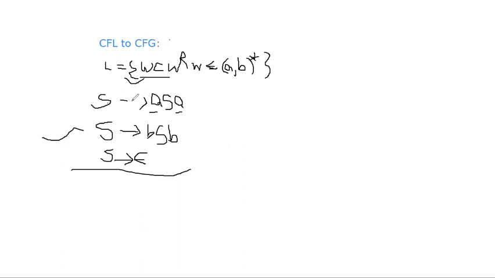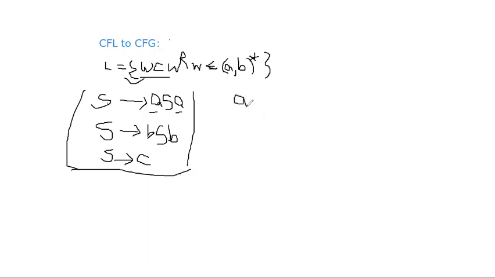So S implies ASA, S implies BSB. Only one change is there: instead of the last production with epsilon, just take S as C. So with this slight modification, we get the context-free grammar of WCWR. Just from the WWR related productions with a slight modification, we get the WCWR context-free grammar. We can also cross-check whether we get the WCWR format or not.